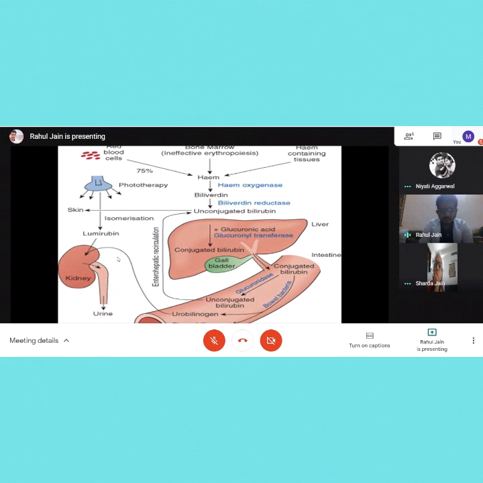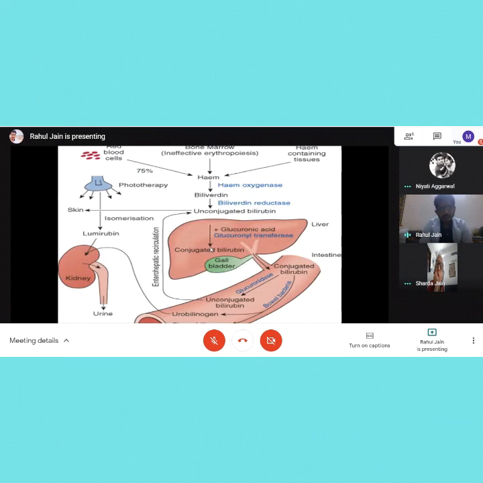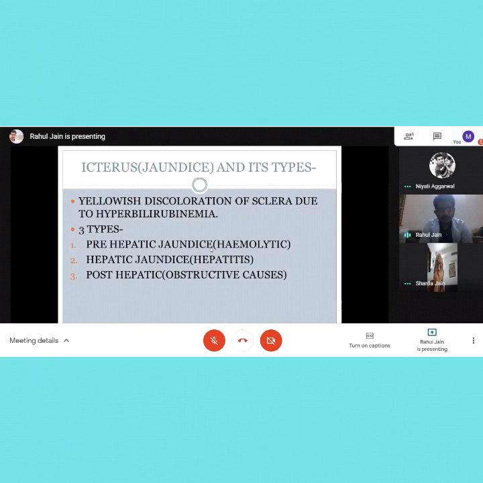Okay. So it's basically hepatitis which will affect the ability of the liver to excrete conjugated bilirubin into the intestine. So that conjugated bilirubin goes to the blood, and then it will go to the kidney. That's why there is dark urine, and since it is not going to the intestine, there are light stools, and there is yellowing of the whole body because it will also go to the other tissues. Correct. Very good. So with hepatitis, the 3 important things are jaundice, dark urine, light stools. Very important.